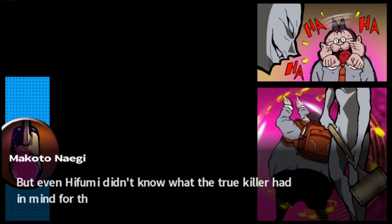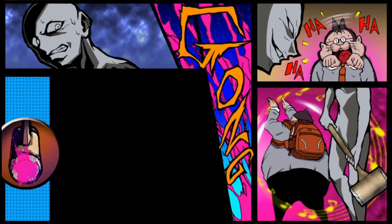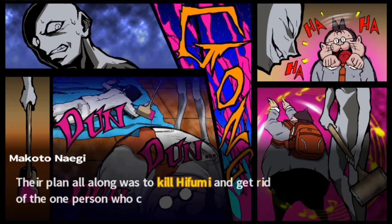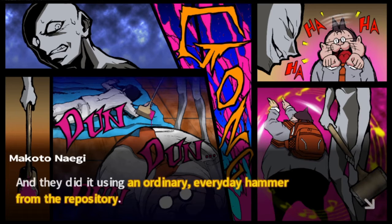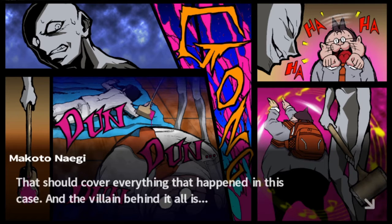But even Hifumi didn't know what the true killer had in mind for his final act. Their plan all along was to kill Hifumi and get rid of the one person who could betray them. And they did it using an ordinary, everyday hammer from the repository. That should cover everything that happened in this case. And the villain behind it all is...